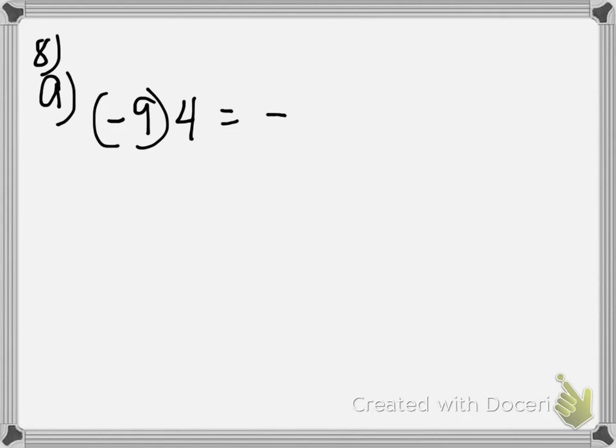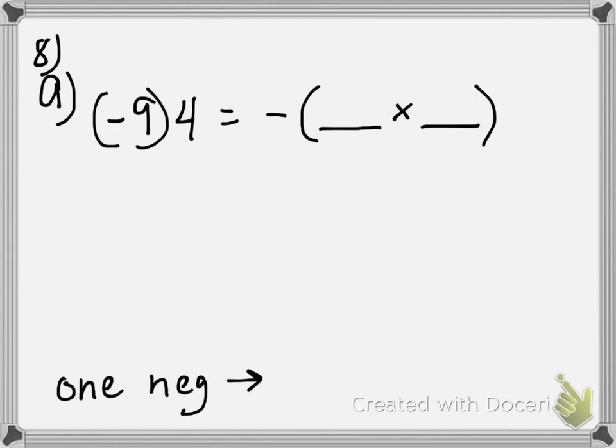Okay? Then, for number 8, it says fill in the blank with one number only. For 8a, they have -9 times 4 equals negative, then in parentheses, blank times blank. So when you're multiplying, one negative gives you automatically a negative answer. So therefore, we have one negative, so we multiply 9 times 4 like we normally would, and our answer would have a